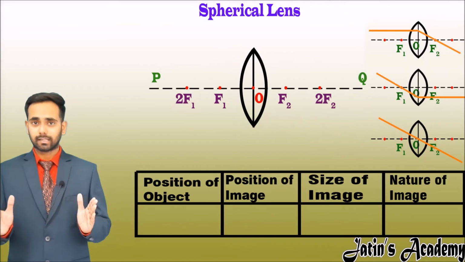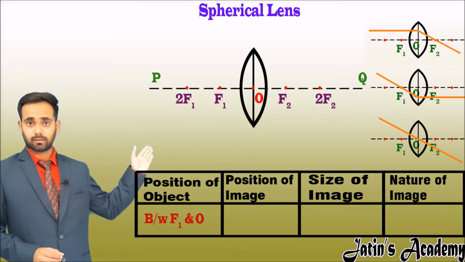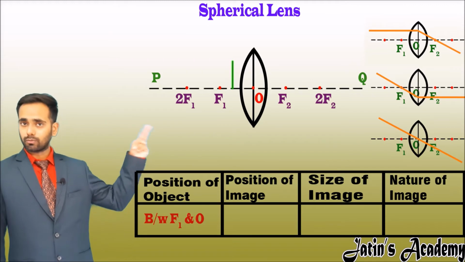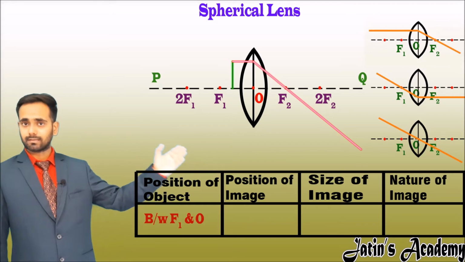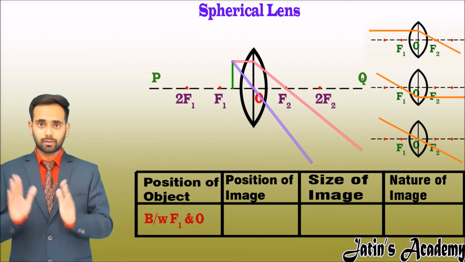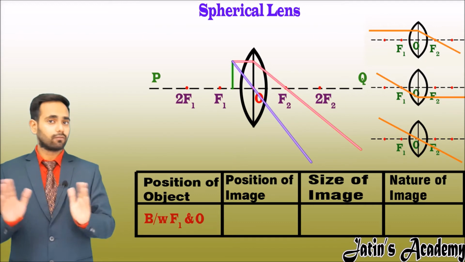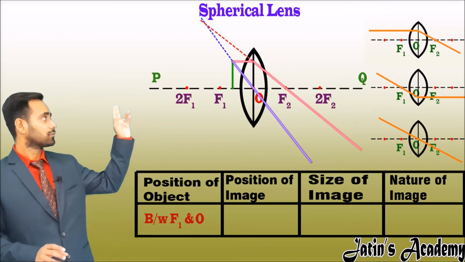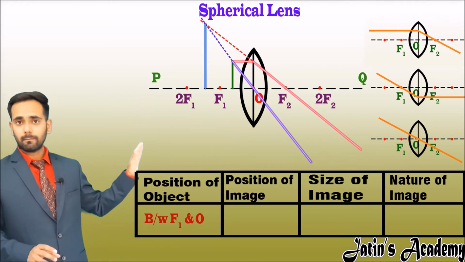Sixth and last case is when the object is placed between the optical center and the first focus. Now make a 1 centimeter line between O and f1. Now choose the two lines. First line is a line parallel to the principal axis, it passes through the second focus, and the second line passes through the optical center. Now you observe that these lines are diverging on the right side, so they must be converging on the left side. So extend these lines to the left side, and here you get the point of intersection. Now meet the point of intersection with the principal axis.